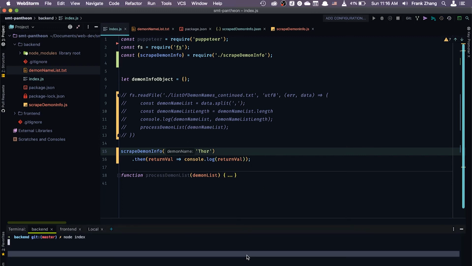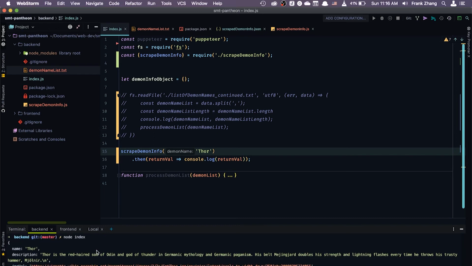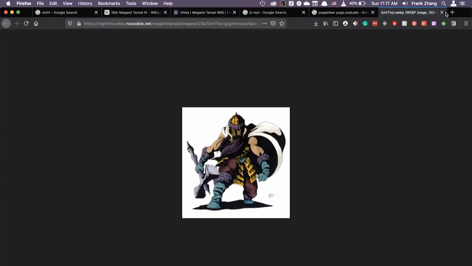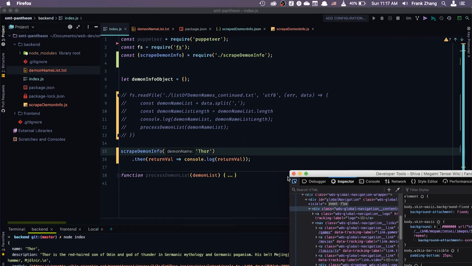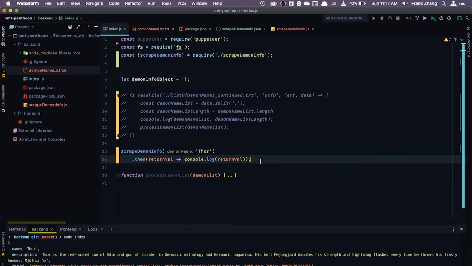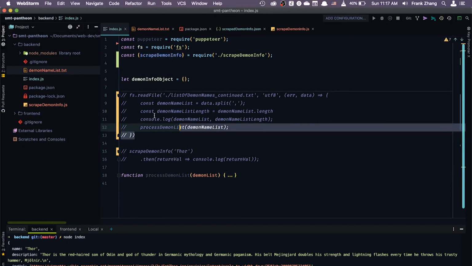As you can see, it's going to spit back the formatted object containing 3 properties, which is the daemon's name, his description, and the image URL. And when we click on the image URL, it's going to take us to that very image. So now that we know that the function is working, let's comment out this function call and